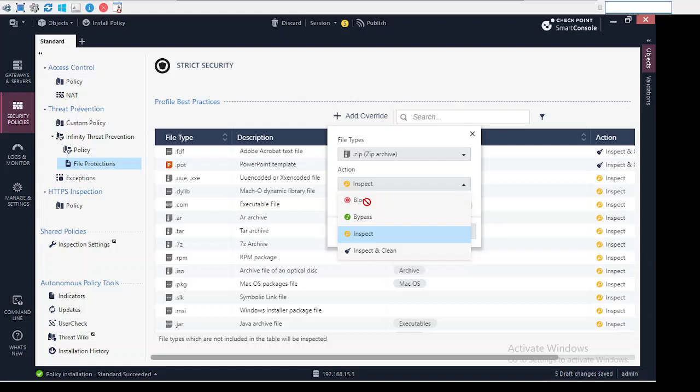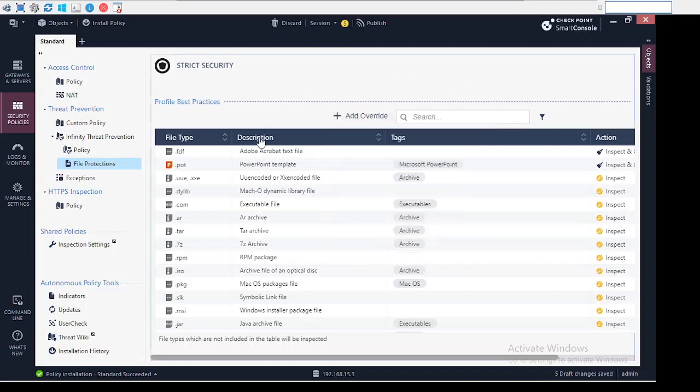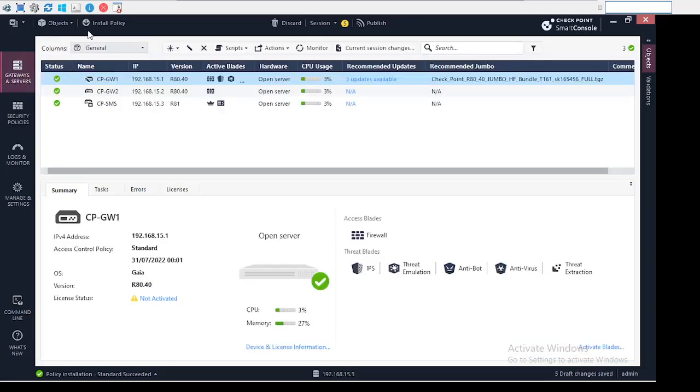Okay, so for strict security, because we are configuring strict security, you can change this to block. So you can block such, or you can go for inspect and clean. Okay, so let's say, okay, fine, we want to inspect and clean these documents. So we can actually select inspect and clean. Now, when we are done with everything, then we can actually install